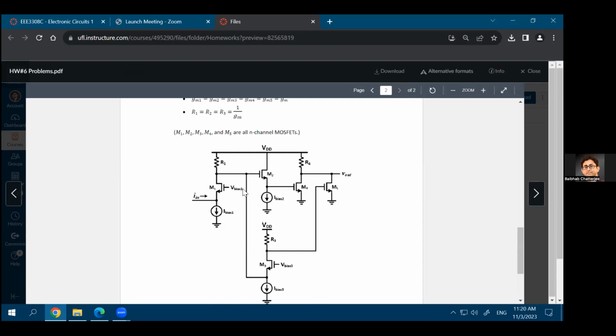Now, how to solve these kind of problems? Again, as I said in the previous lecture, the easiest way to solve these kind of circuits is to do a divide and conquer. So first, identify what are the different components of this system, what you already know. So you already know about all the different components in this system. There is nothing new over here. For example, if you just look into the first stage,